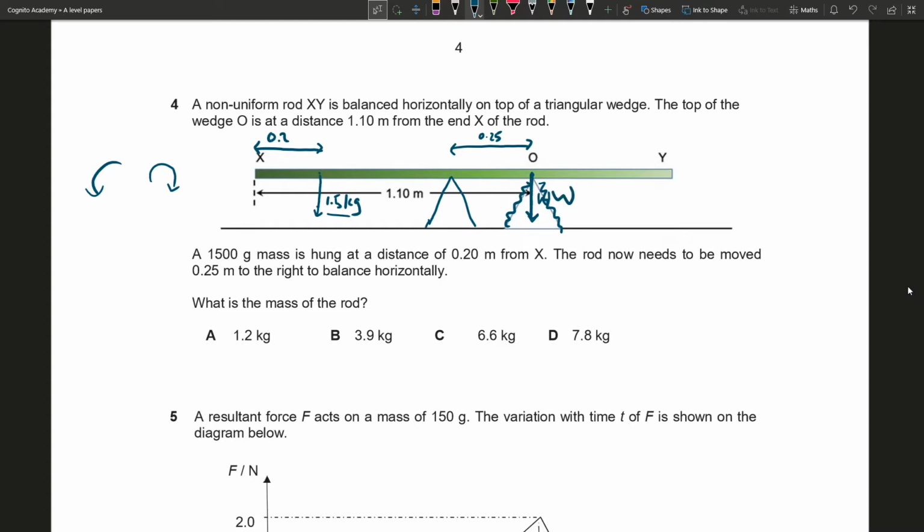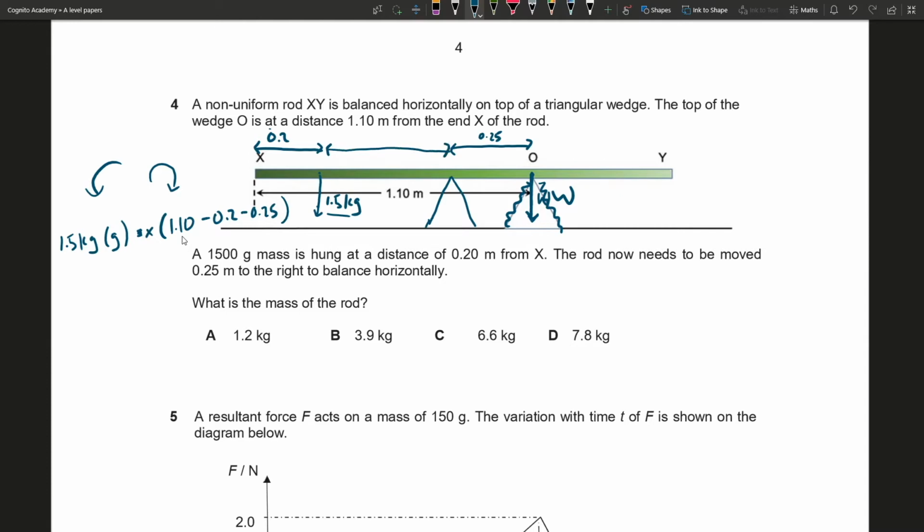And so we just have to equate it. So let's write an equation here: 1.5 kg times G is equal to times the distance from our pivot point, which is 1.10 meters, 1.10 meters minus 0.2 minus 0.25, that is this length,